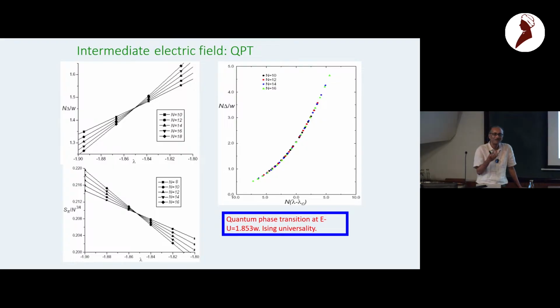And in those days, exact diagonalizations could be done only with computers with 1 GB RAM. So understand that it was not that straightforward to do n equal to 18, but we somehow managed. But the point is that once you do this, you find that there is an Ising criticality sitting in between. And this is one of the realizations of a completely different phase transition, which is typically ascribed to spin models, in a completely different platform in some sense.